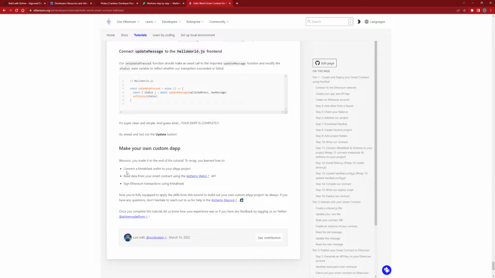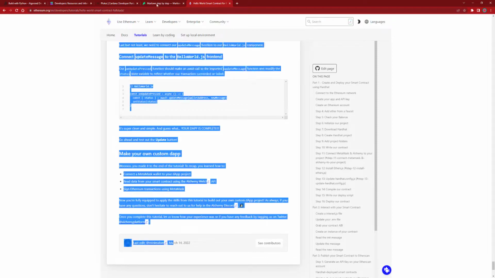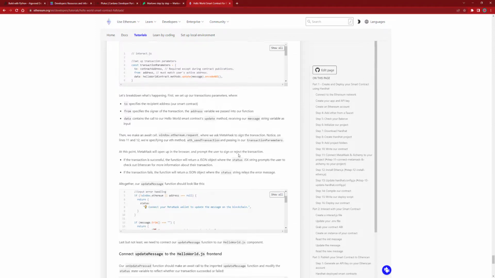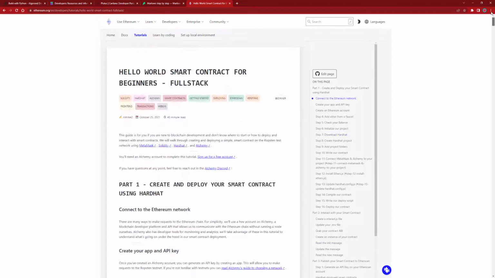Okay. So we learned to connect MetaMask wallet to your dApp project, read data, sign Ethereum. Okay, good. I think this was a good tutorial. It was quite comprehensive, but quite beginner friendly. I haven't done it for real, but I'm just gonna have to believe it when it says that the only prerequisites